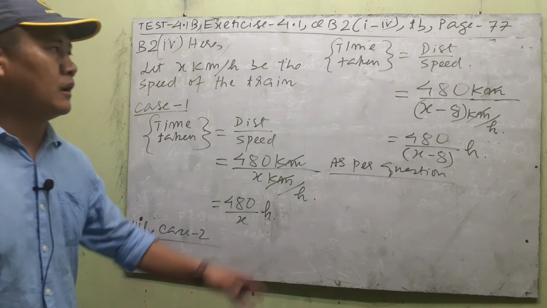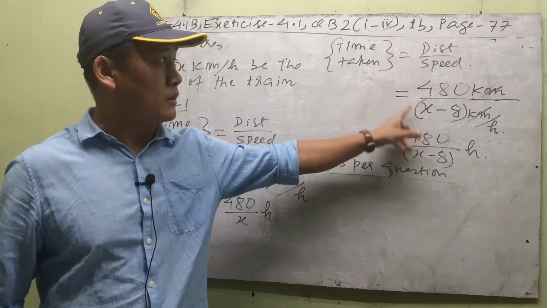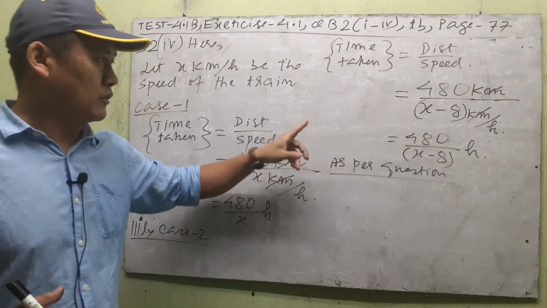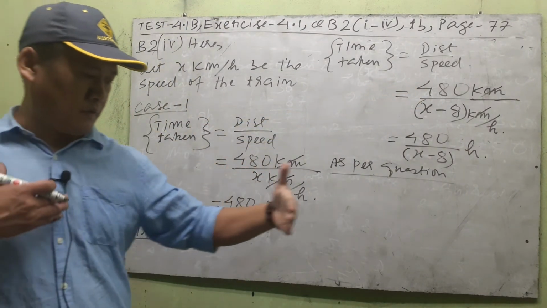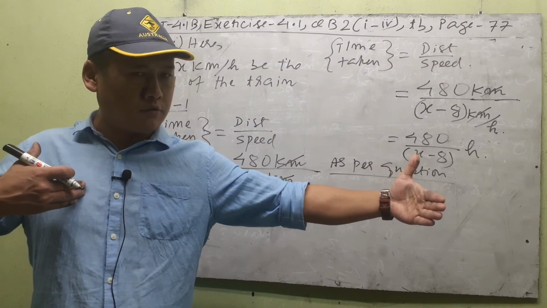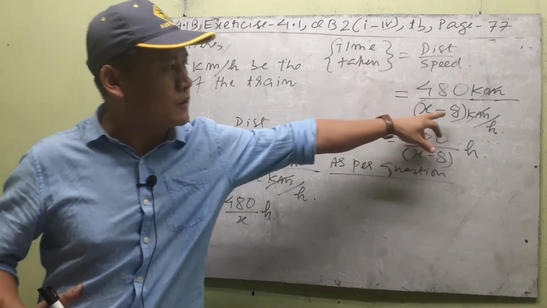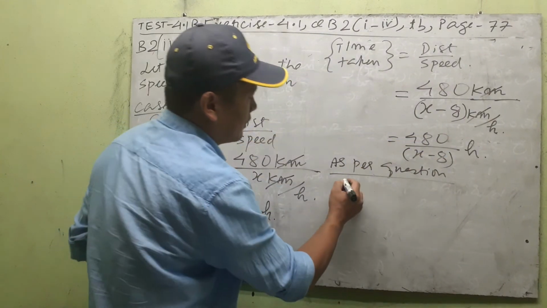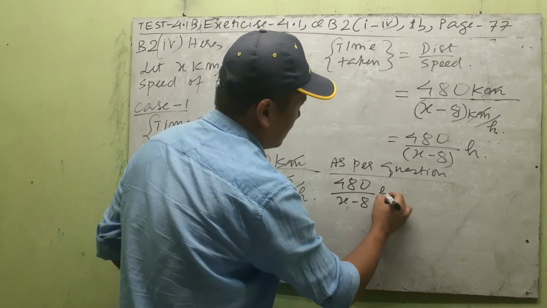Common sense. When you decrease the speed of the train, it will take more time. This time is going to take more time because the train speed is decreased, because the distance is the same, 480, 480. If a certain distance, 480, you travel by higher speed x, it takes less time. If you decrease the speed of the train, x minus 8, it takes more time. So this is more time, which is this one, 480 divided by x minus 8 hour,